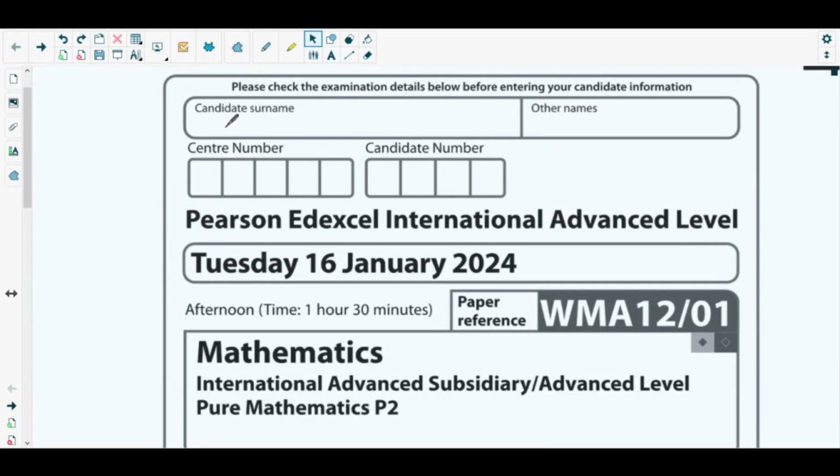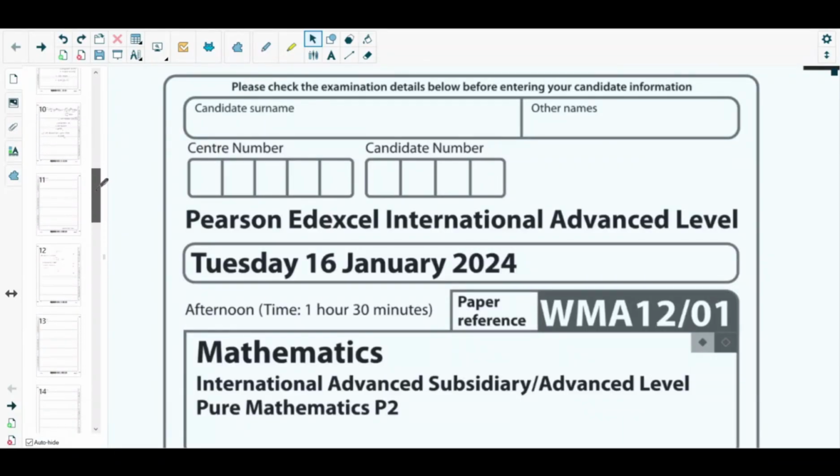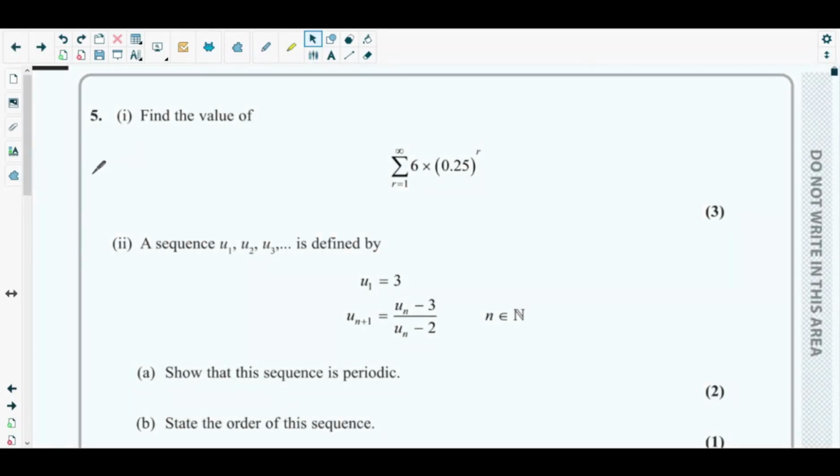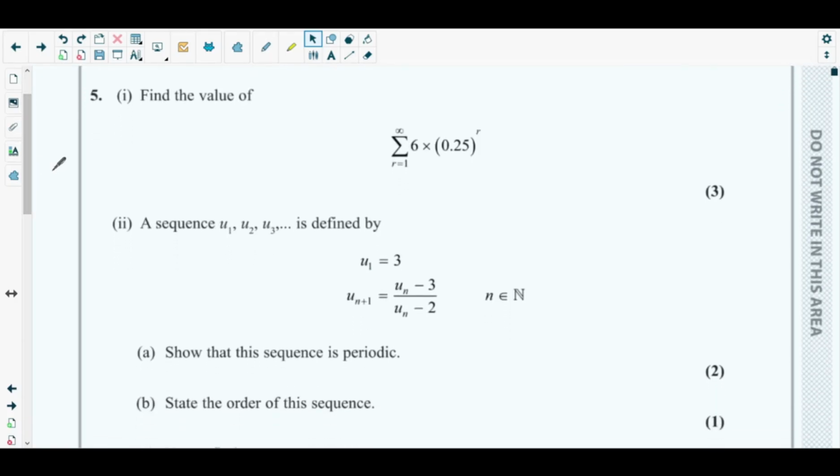In this video, we will be solving question number 5 from the January 2024 Pure Mathematics 2 paper. So let's see what question number 5 from this paper is about. Basically, the concepts behind this question are from